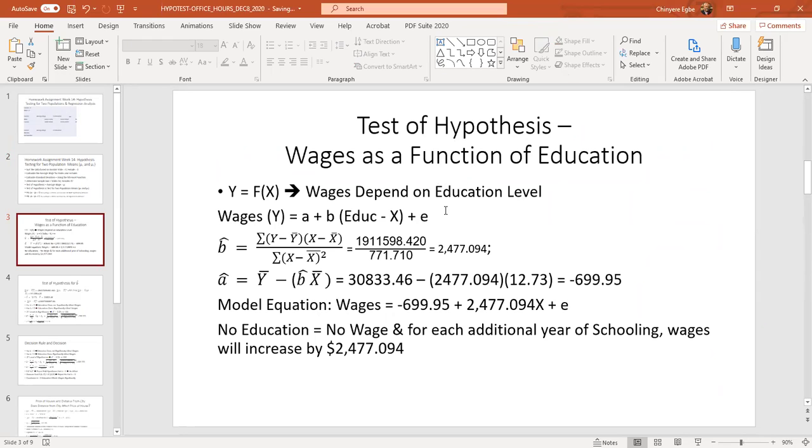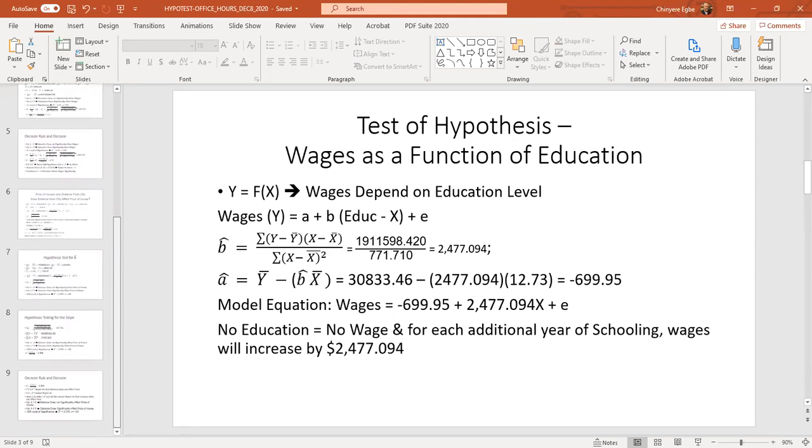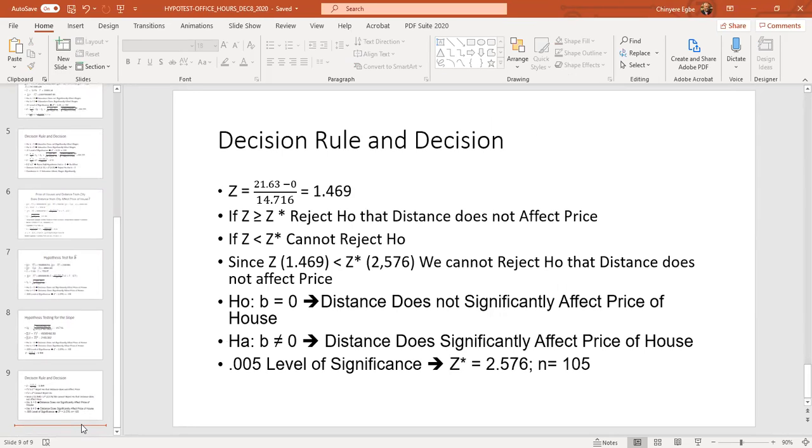education. Here, again, we are dealing with a regression problem. And you're going to have different kinds of problems. You're going to have a hypothesis test for two population means. You're going to have a hypothesis test for the slope of a regression model. You're going to calculate means, you're going to calculate standard deviations.